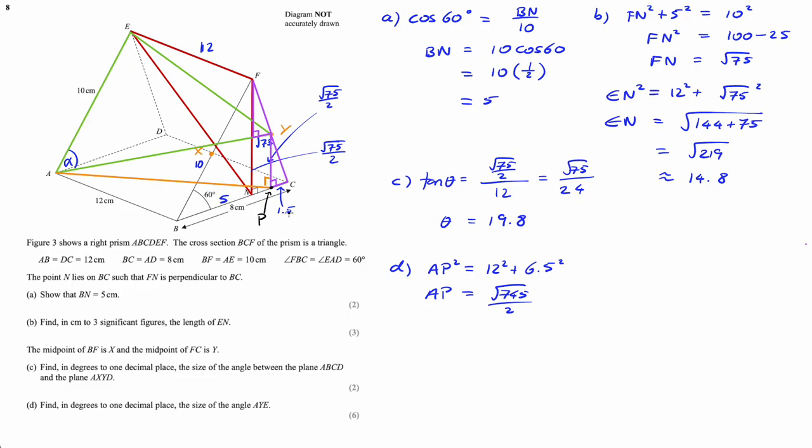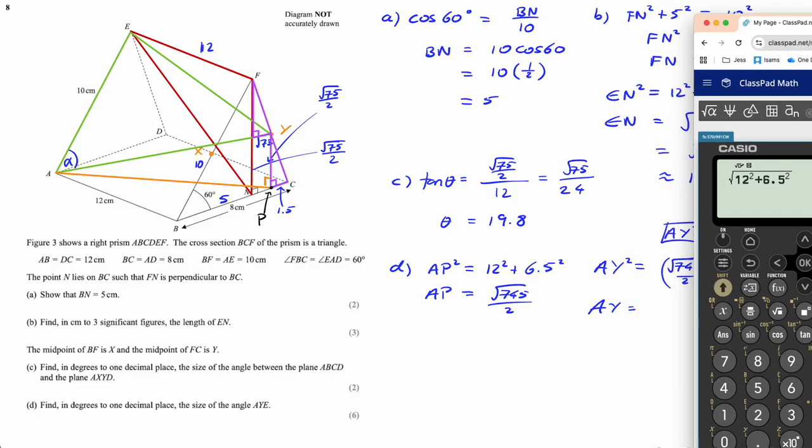So now that I have that, I can get AY because I can use this. Okay, so AY squared. Now, guys, this is a bit confusing. AY squared, I'm using this triangle here, triangle AYP. So AY squared equals AP squared, which is this guy, so it's root 745 over 2 squared, plus this guy, which is root 75 over 2 squared. So AY is equal to,